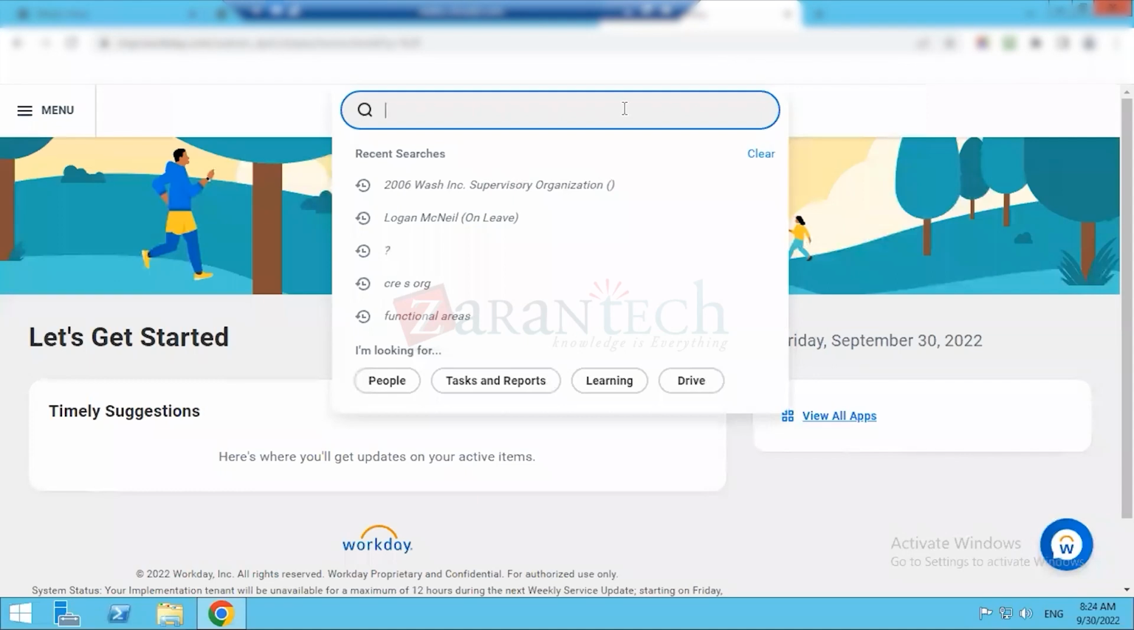Talking about the other tenant that I mentioned, the implementation tenant. The implementation tenant is mainly used at the time of implementation, whenever any client is starting, because at that point of time you will not have any production tenant, any sandbox, or any preview tenant. In that stage, we start from the implementation tenant, and once the implementation and everything is done, we move that